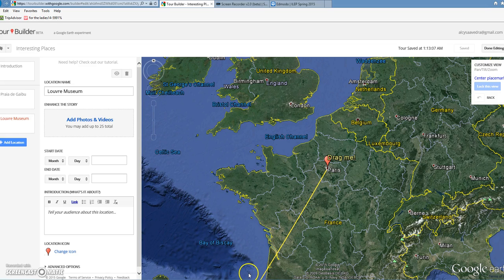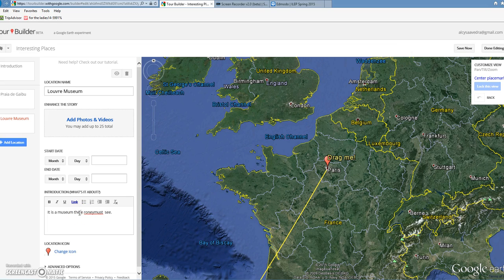It comes from the first stop to this one. This is cool because you have the idea of a real trip. This is nice. Okay, and then I type something. For example, it is a museum that everyone, this is a museum that everyone must see. Okay,